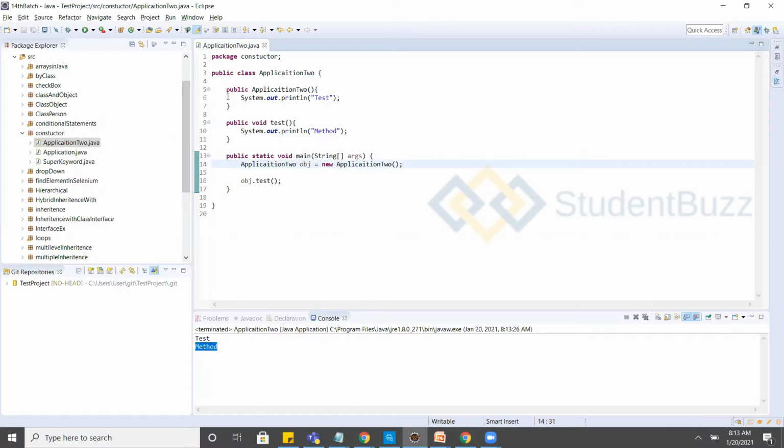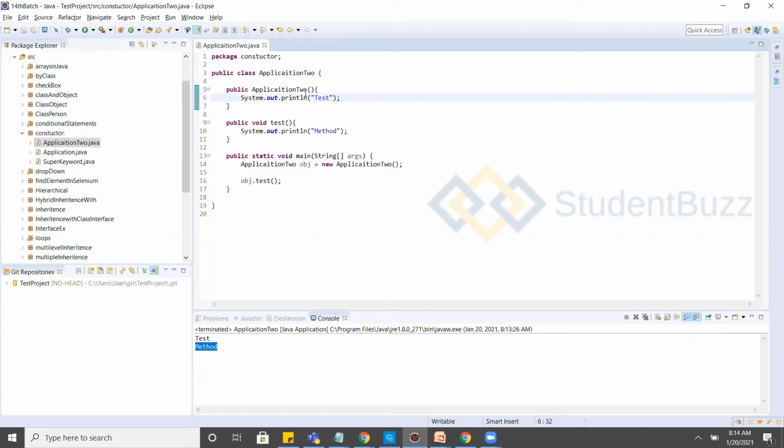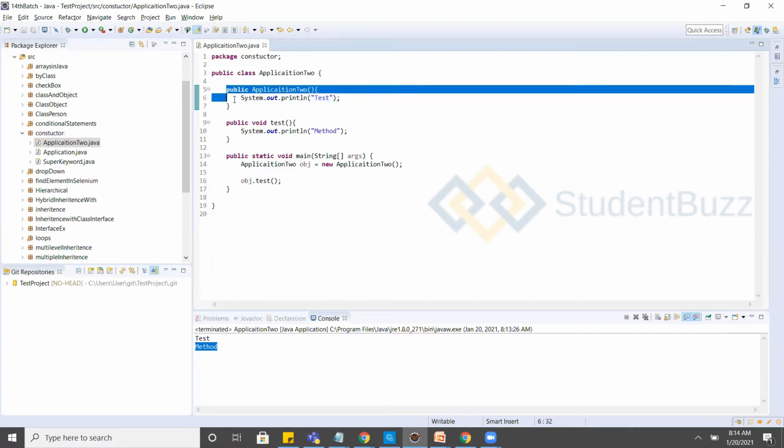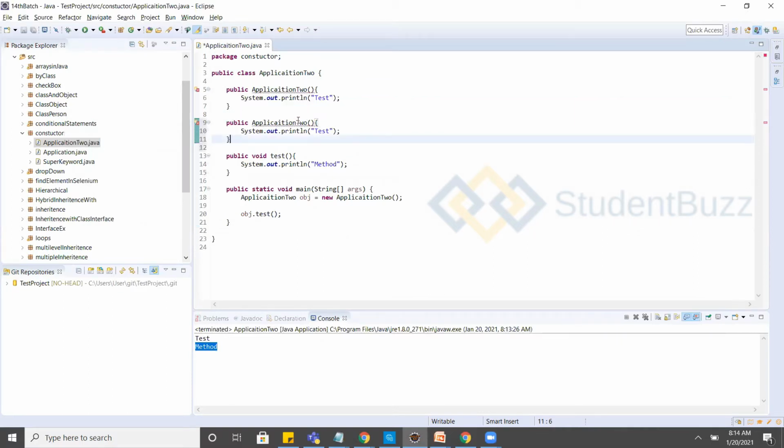So we understand the default constructor and the non-parameter, or non-argument, constructor. You can also create constructors with arguments. For example, here the student will have a name when you are creating an object.